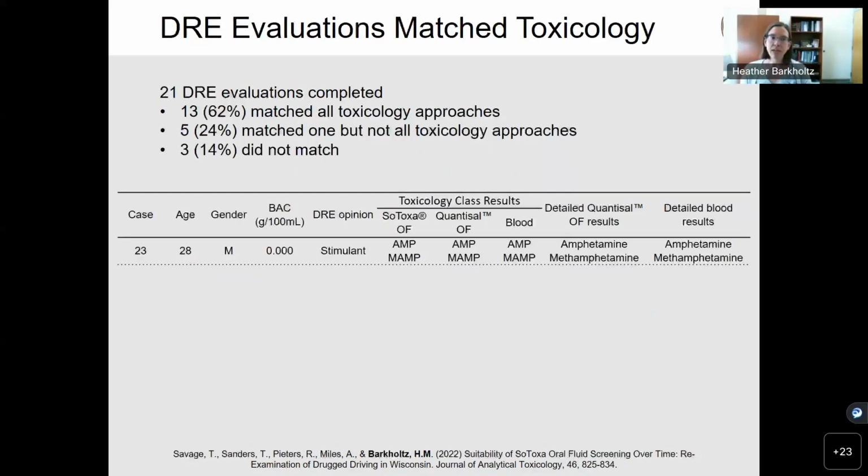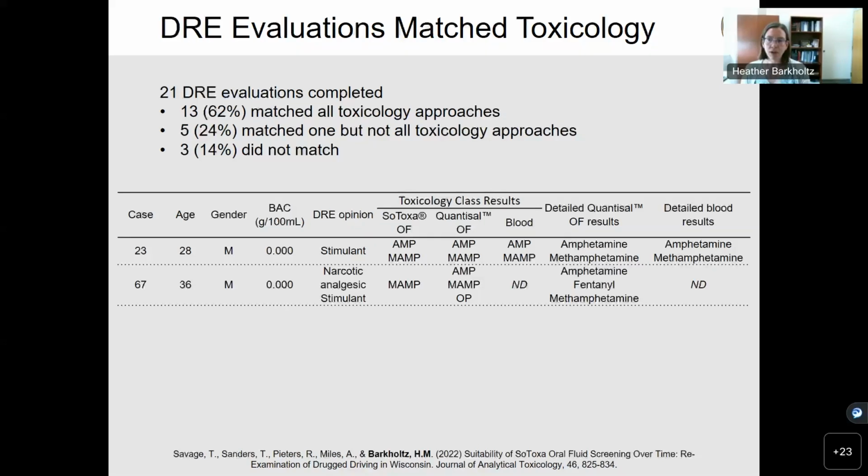Then we looked at the drug recognition expert evaluations, and I'm not going to go through them in detail, but the takeaway is that most matched all toxicology reports, and then several matched one, but not all of the toxicology reports, and only 3 of the 21, so 15%, did not match. And in those 3, depressants were called, but no drugs were detected. Another one was that the DRE suspected depressants, but